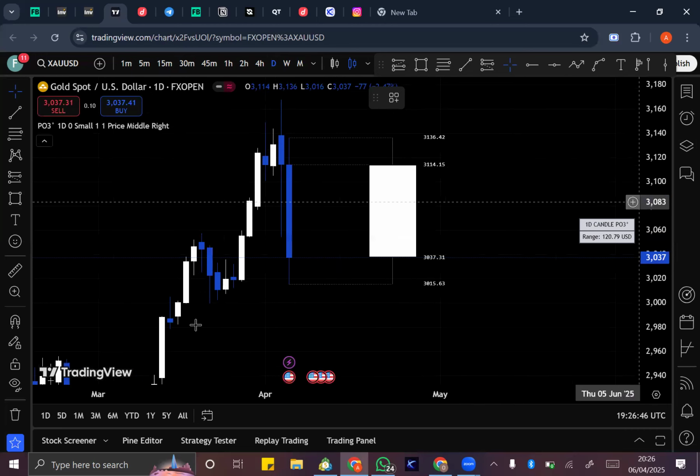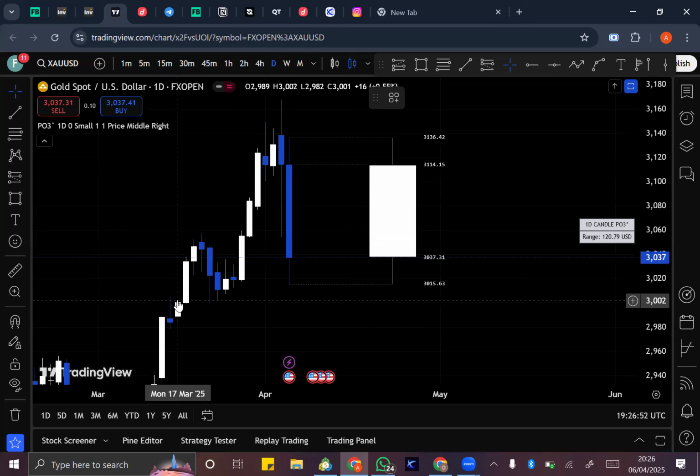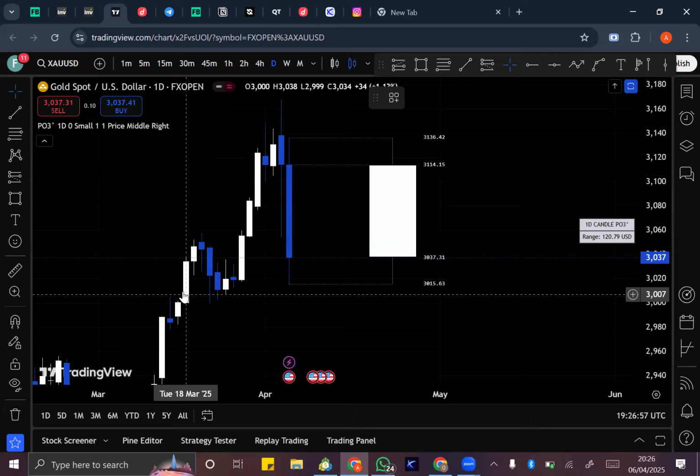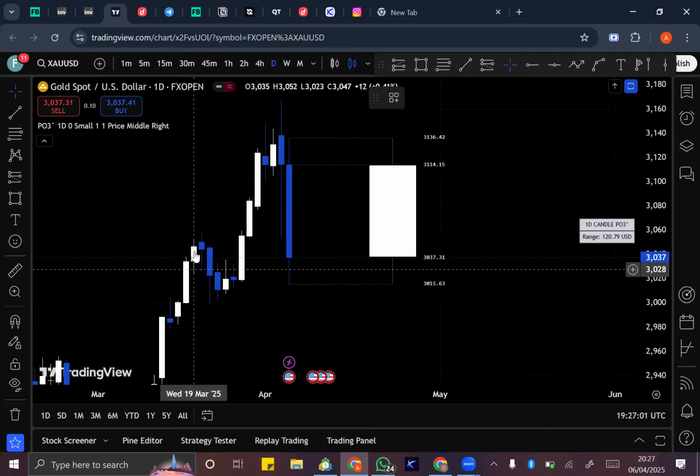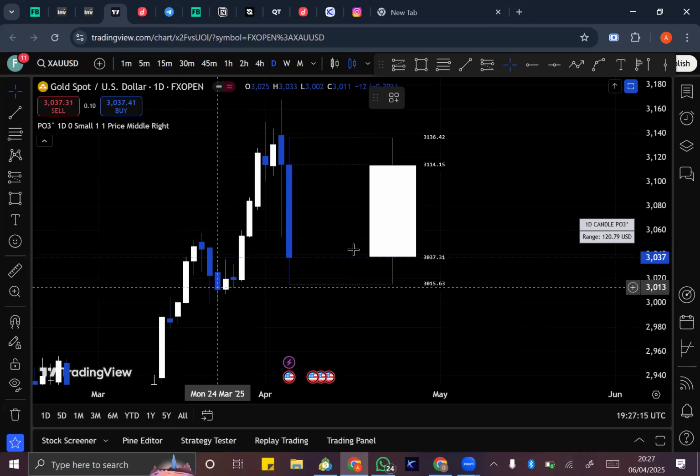So what I explained here was that, okay, this bullish candlestick closed with a wick, and then the next day closed with a body, another day again closed with a body, and the next day didn't close with a body but closed with a wick. Then the wick leads to a break of market structure to the downside, and then you have another setup right here, the market pulled all the way down. So let's say